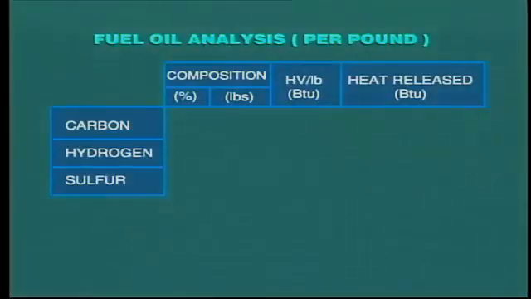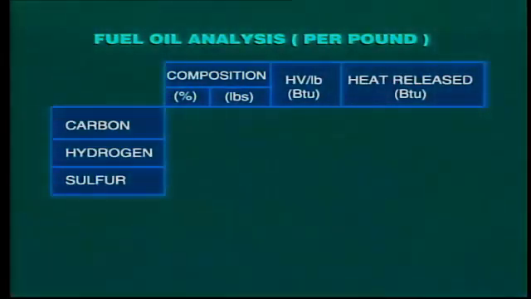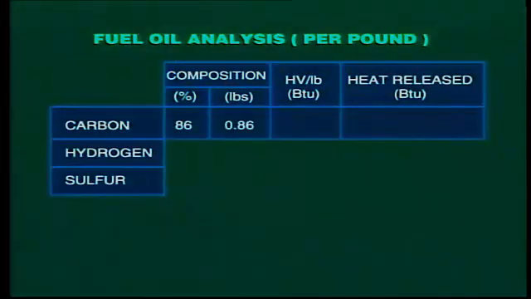So if we know the percentage of each ingredient in a particular fuel, we can easily calculate the heating value of that fuel. As an example, let's take our analysis of a typical fuel oil. If we consider 1 pound only of that fuel, then its carbon content, 86%, is 0.86 of a pound. Multiplying this by 14,600, that is the heating value for 1 pound of carbon, we find that the carbon content of this fuel will produce